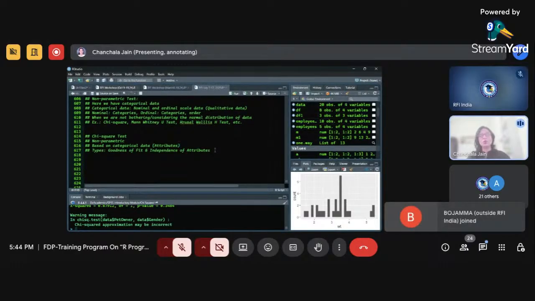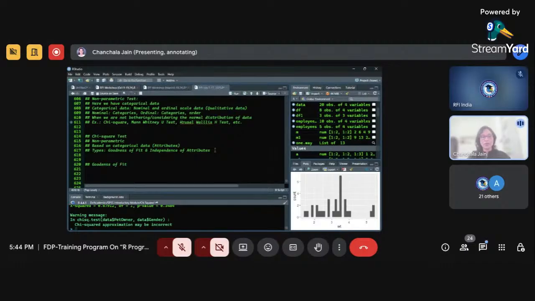So when I say there are two types of chi-square test, the first one is the goodness of fit. Goodness of fit is the chi-square test which requires one categorical variable with multiple categories,